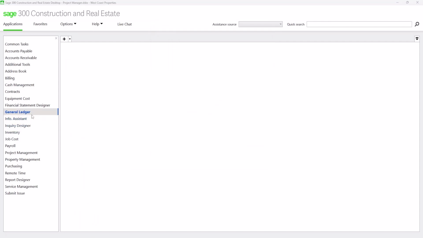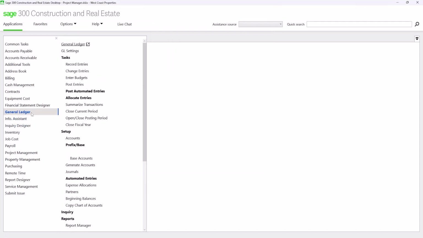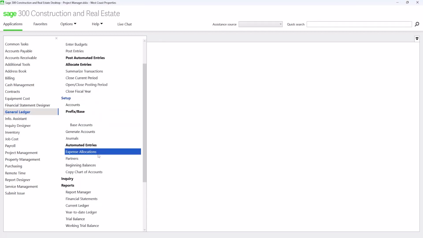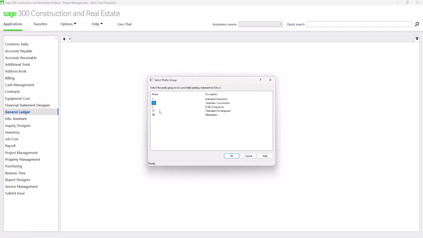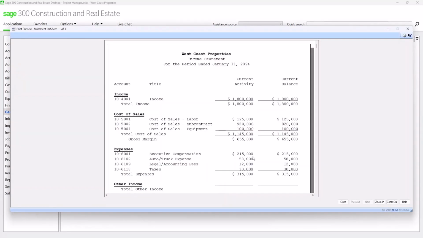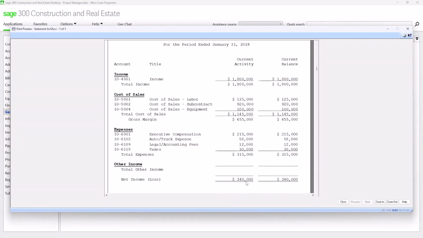So let's run the financial statements in the consolidated data folder. First, let's run the financial statements for respective entities, company 10 and company 21, just to verify that balances in the consolidation data folder are equal to the balance sheet and income statement that we ran in the originating data folders. So the income statement for company 10 should read $340,000 of net income, which it does.